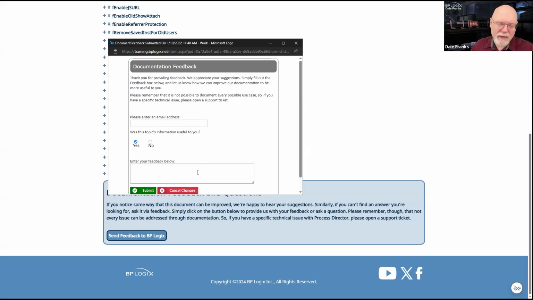Now, the only thing that this particular application does is it sends me an email that says I got a documentation feedback. That's all it does. But this please enter an email address field here. If I was to enter an email here, I would technically no longer be an anonymous user. I would be an unauthenticated user, which is to say I still don't have a Process Director account, but I'm not anonymous. I'm not some faceless stranger. You now have at least an email address to which I can treat as a quasi identity.